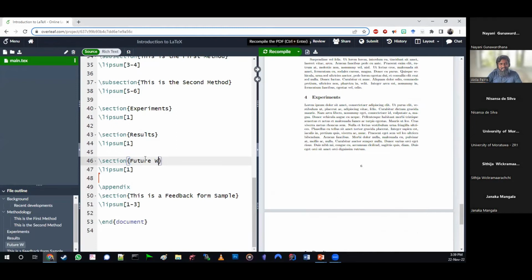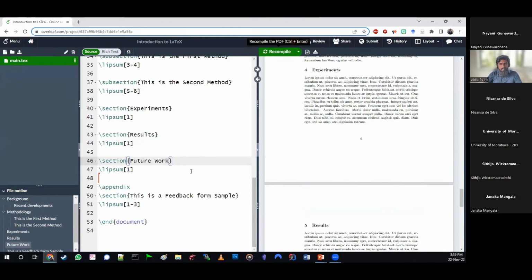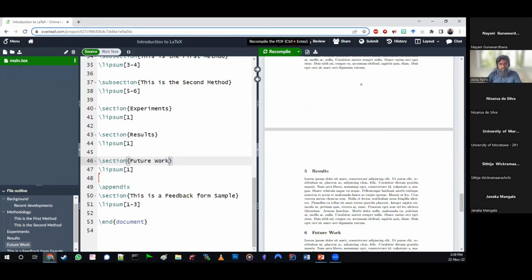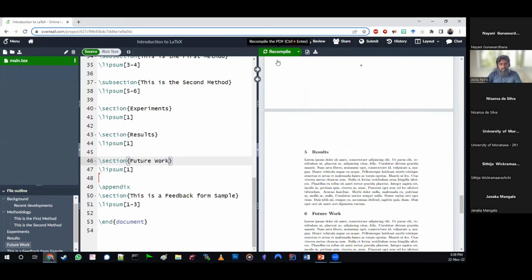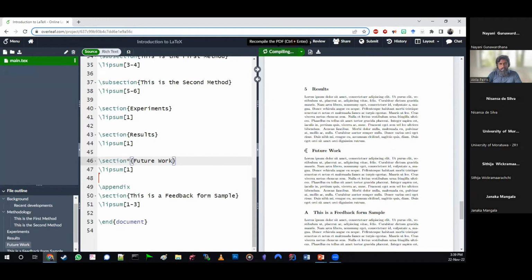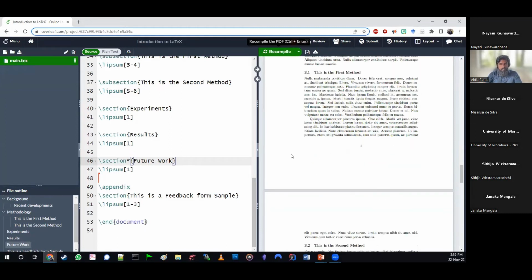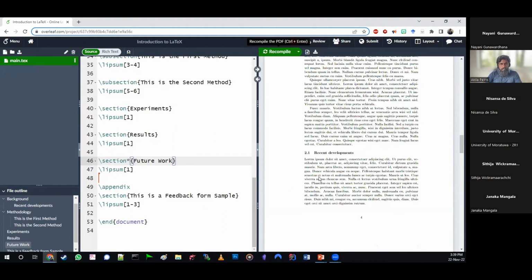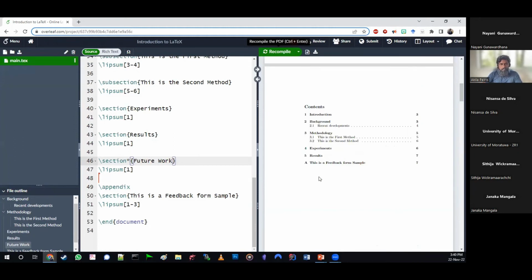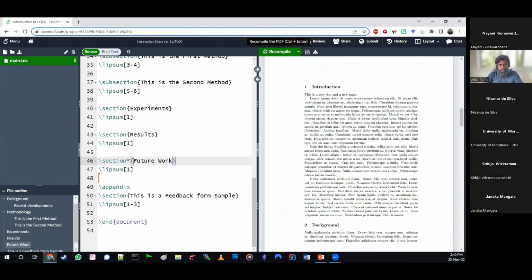For some reason the conference or the journal has said no, you should not have a title number for future work. So all you need to do is put a little star there, and now it doesn't have a number. And what happens if it is not numbered? It is not going to be in the contents. All right.